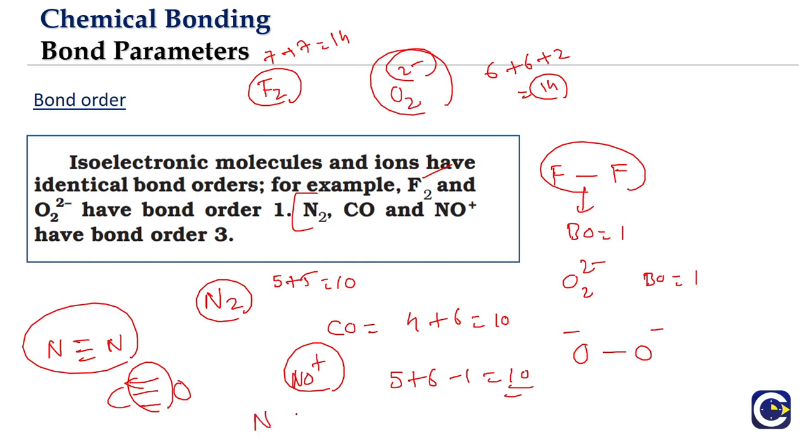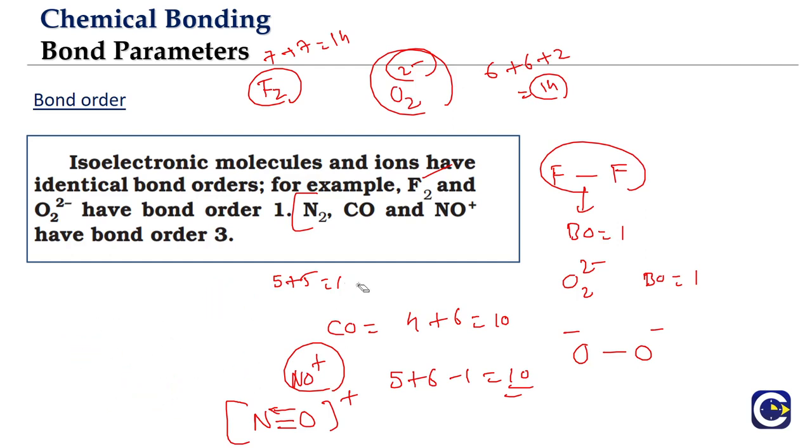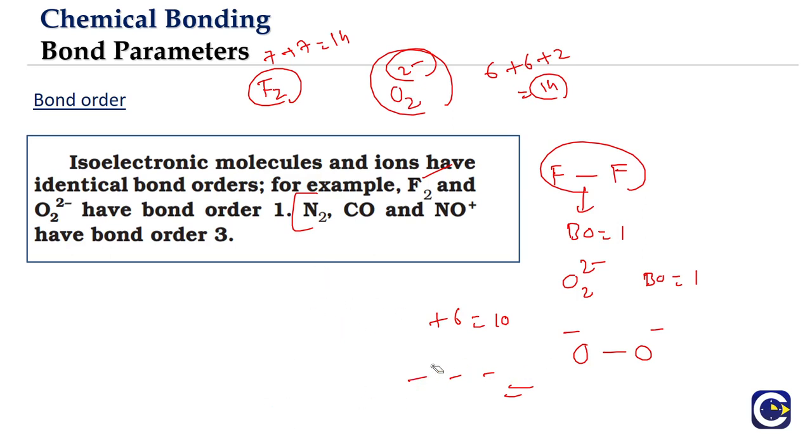So we'll have a nitrogen and oxygen. So there will be a double bond and a coordinate covalent bond between the nitrogen and oxygen. Okay, so overall it will be having 1 unit positive charge. So bond order in all these cases will be 3. So whenever we have isoelectronic molecules or ions, all of them will be having the same bond order. Okay, so this is about the bond order in the case of the isoelectronic molecules or ions. The same concept we will also look at when we go to the molecular orbital theory, because we will be able to learn about the bond order in a different manner.